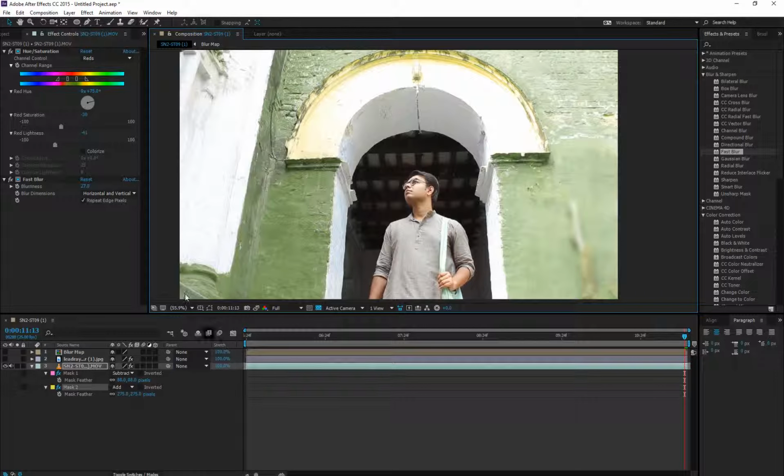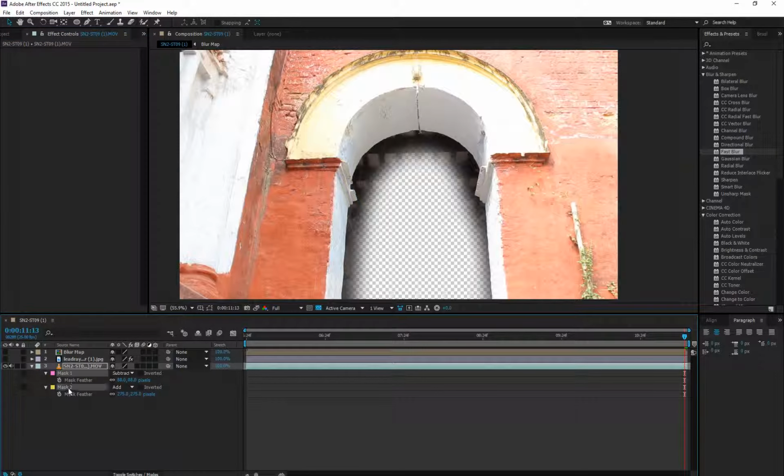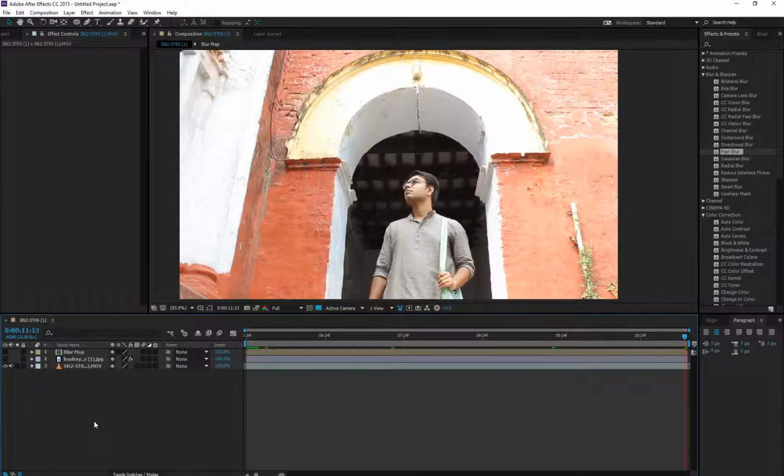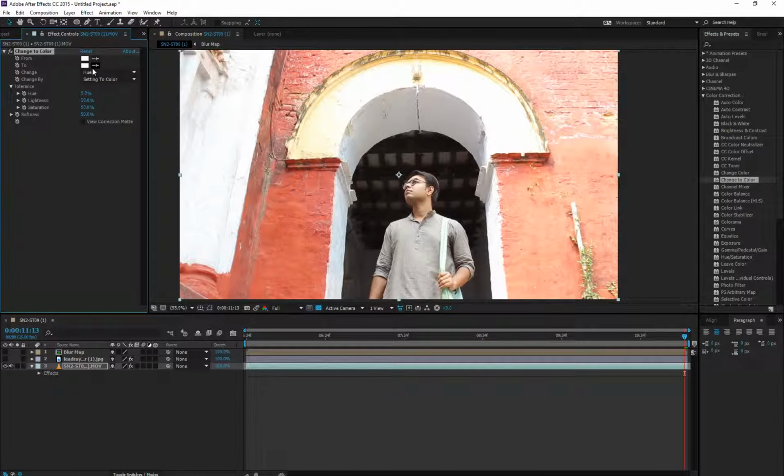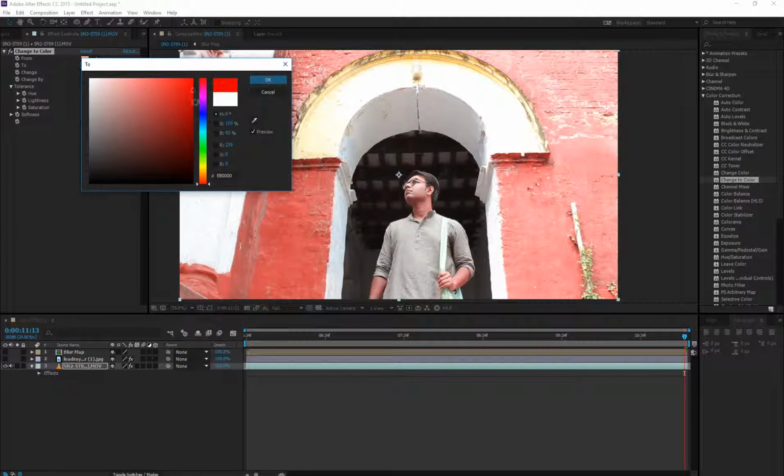Okay, so let's delete both of the effects and both of the masks. Now let's explore the next layer. I have shown you the black and white effect, and then the change color. If you go to this change color effect, you can directly change this color to some other color,